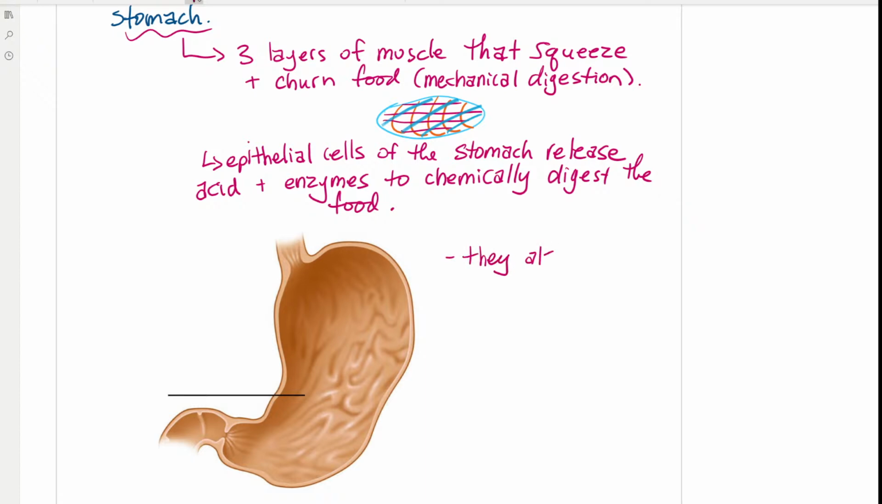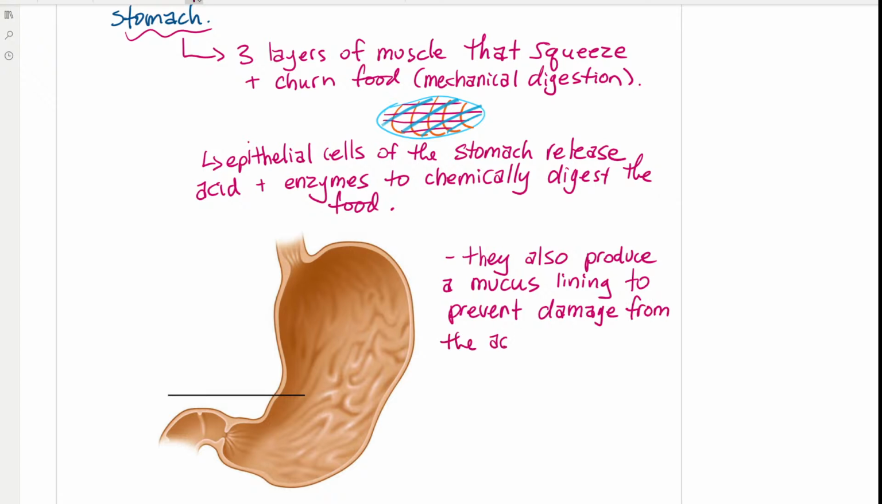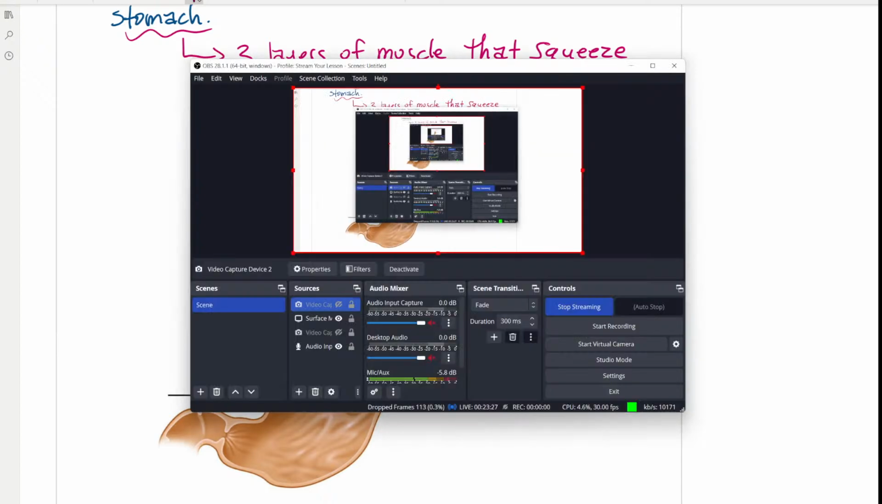They also produce a mucus lining to prevent the stomach digesting itself. If you just released a bunch of hydrochloric acid and enzymes into the stomach and allowed it to interact with the cells of the stomach, it could very much damage itself. And so it releases a mucus lining all around the inner surface of the stomach, protecting those epithelial